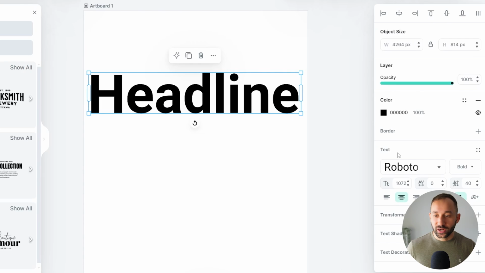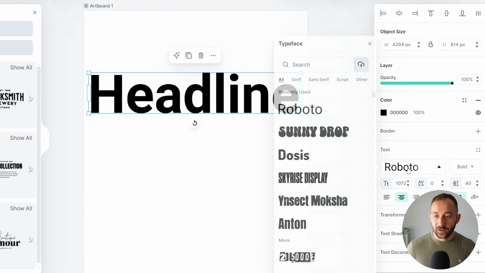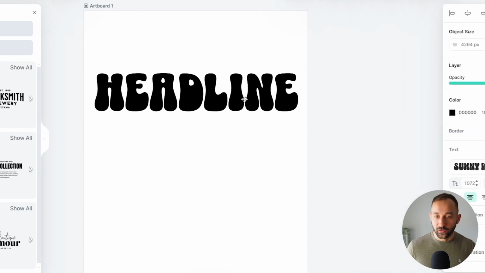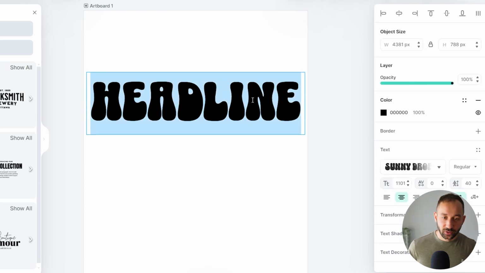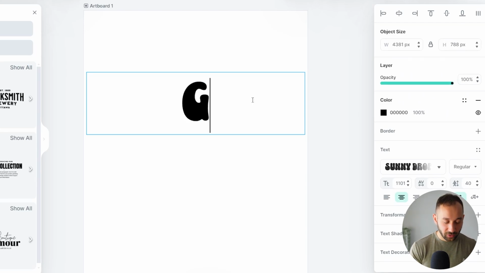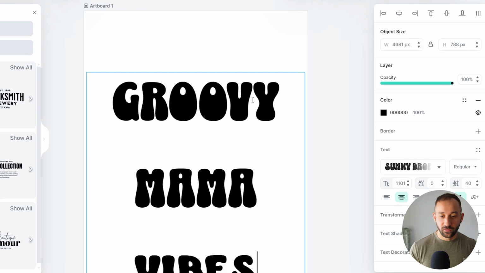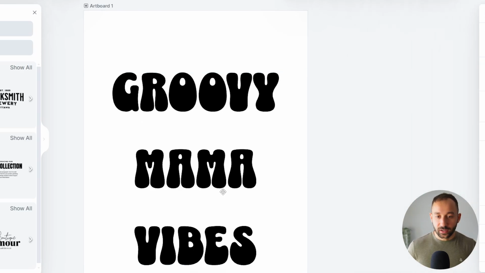Then I'm going to change the font over here, the typeface, from Roboto to Sunny Drop. That is a very nice Groovy font that you get included with Kittl. And let's change the actual text right here to what we want to see on our design. So I'm going to type out Groovy Mama Vibes,